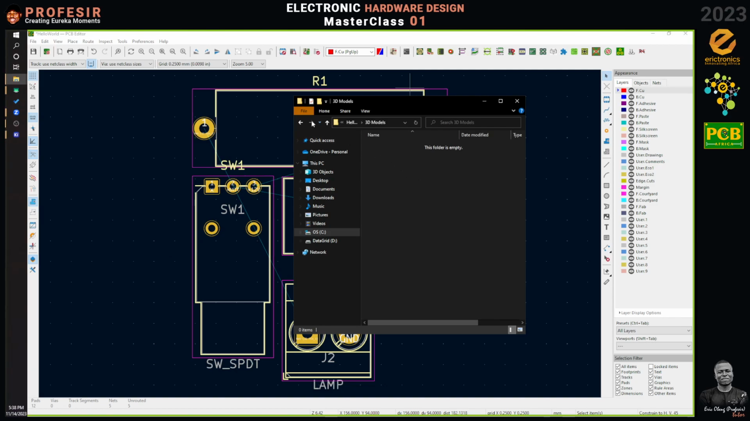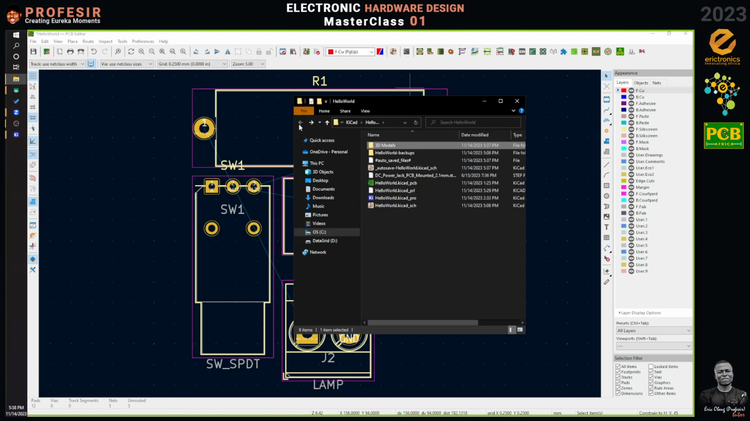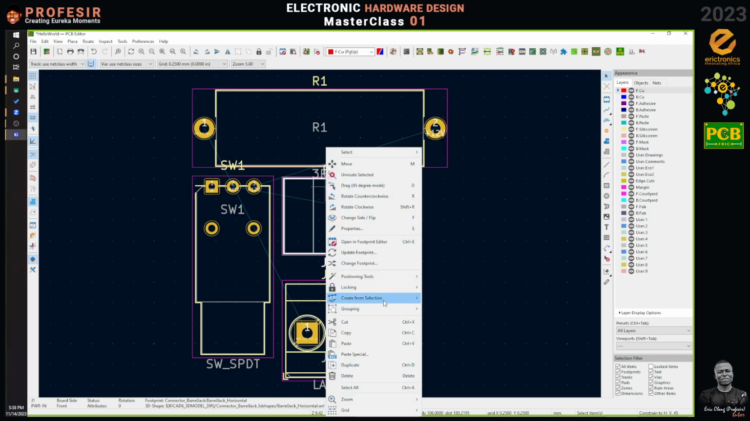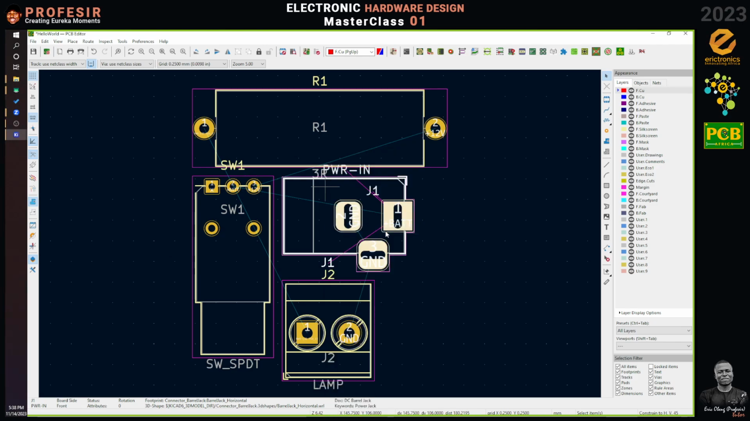Whoa, it didn't save in the 3D. Oh, okay, yeah. So I failed to select. So let me just move it to my 3D models folder. Right. So now, how do I attach it? So in the footprint editor, in the PCB editor, you can right click on the component, go to properties,